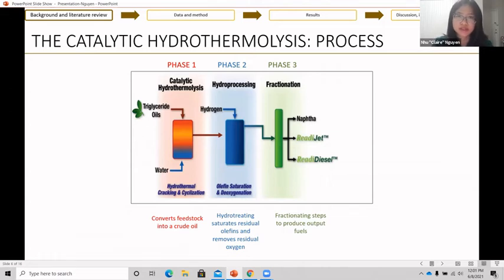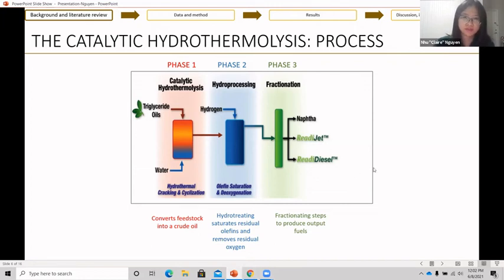The first phase is the catalytic hydrothermolysis phase, where the input oils enter. The second phase is the hydroprocessing. And the final phase is the fractionation, where we produce the output fuels, which include naphtha, jet fuel, biojet fuel,